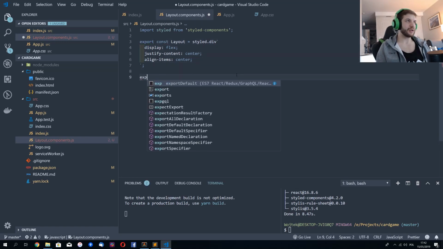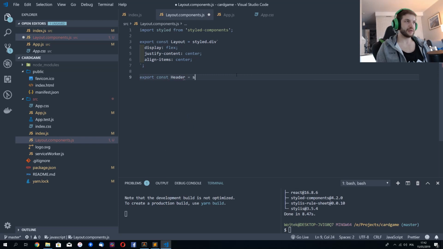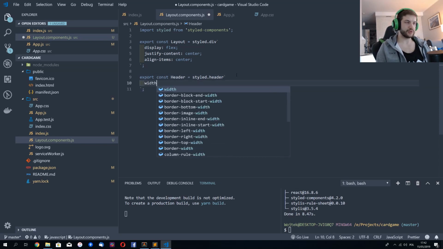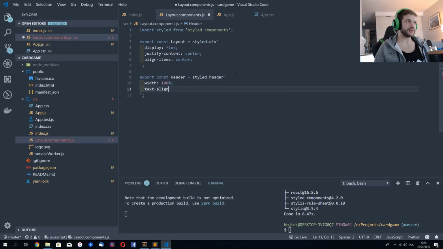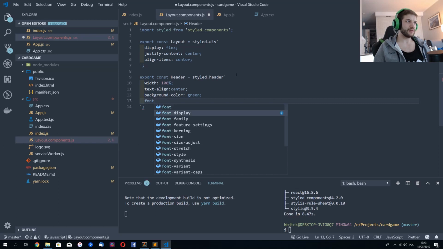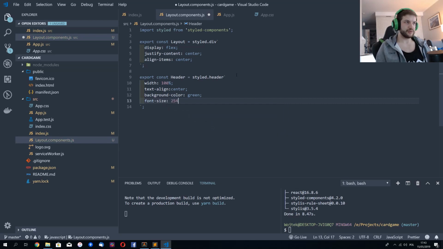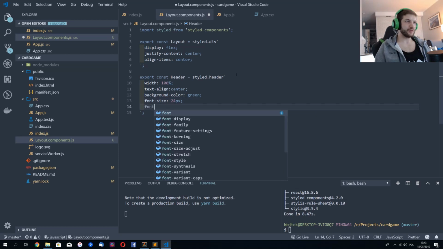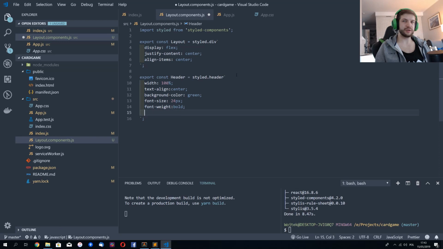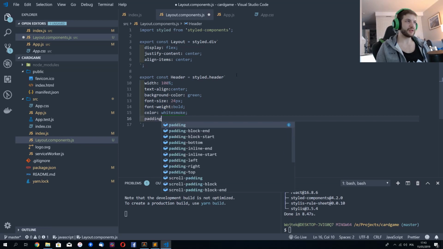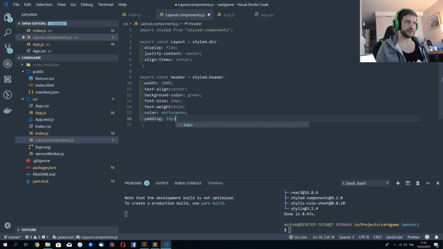and I will build a header equals style header, and I'd like some stuff here, which is width of 100%, text align center, background color is gonna be green, font size 24 pixels, font weight is gonna be bold, color is gonna be white, okay, white smoke, and padding of 16 pixels and 0. Okay, and now